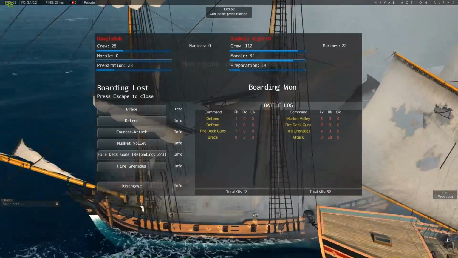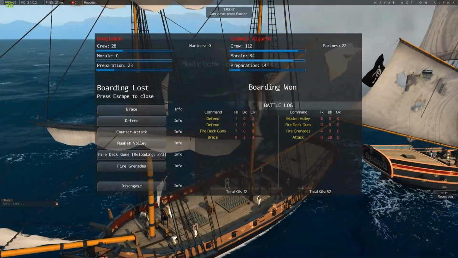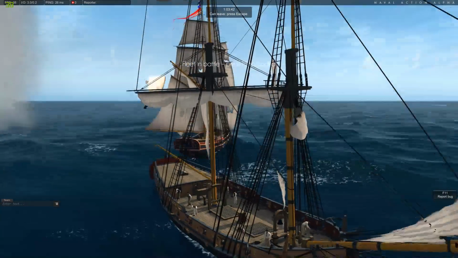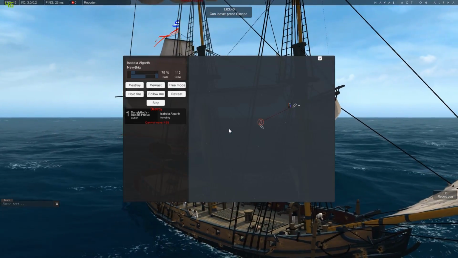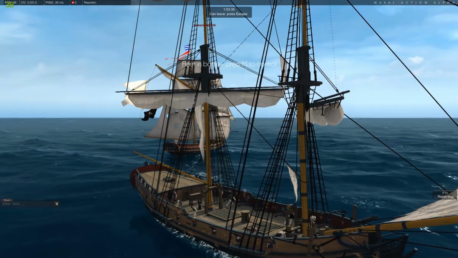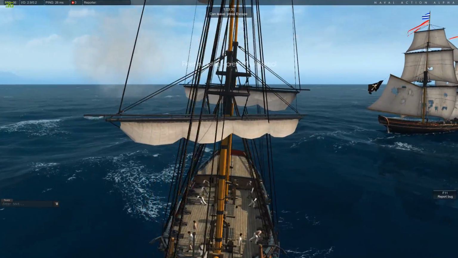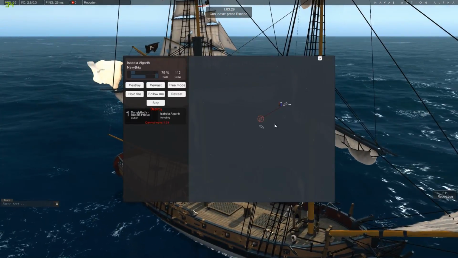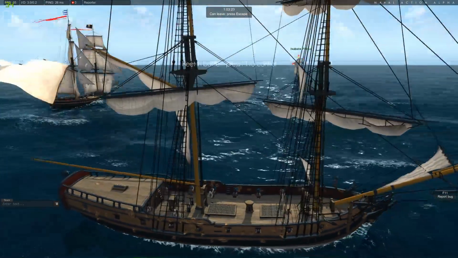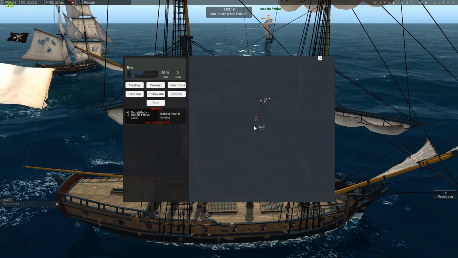Ooh. I'm swapping between the two ships. Let's go fleet in battle, press M to control. Yeah, I've done that. Okay. Want this one. How do I select? Well, I just want you to destroy her, so...